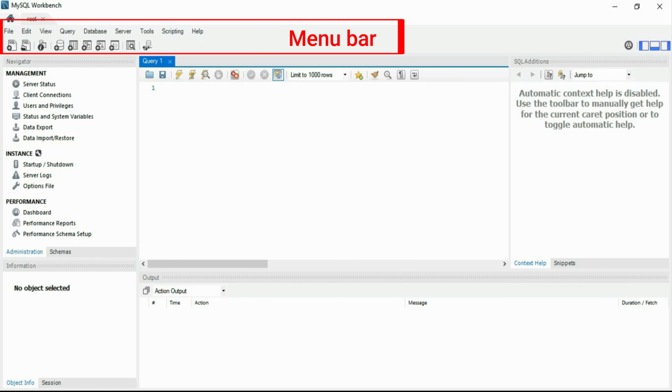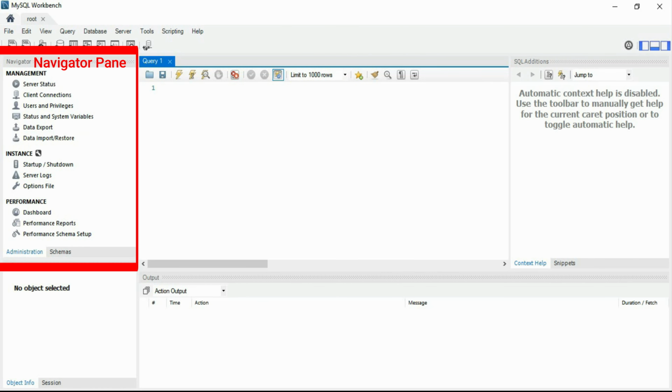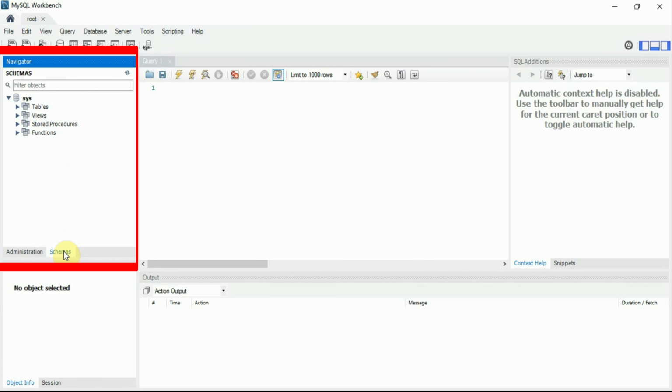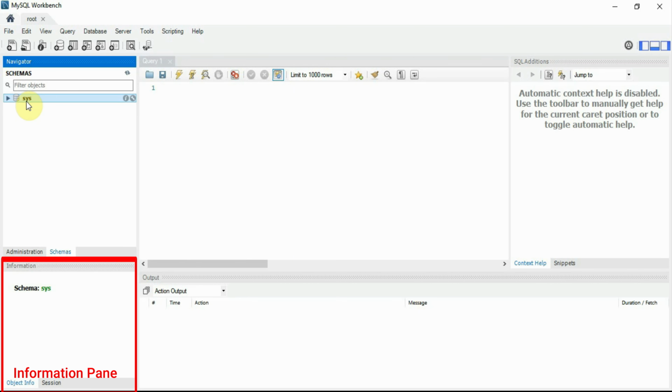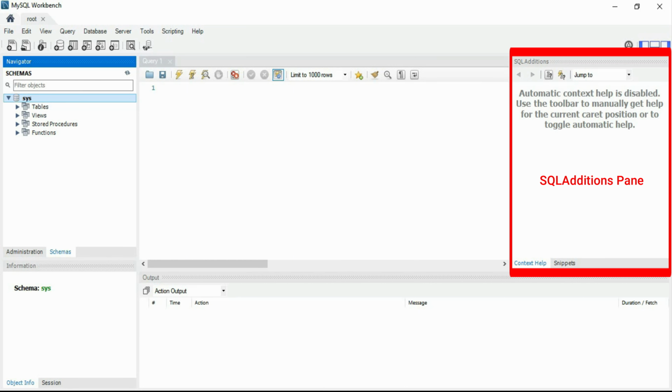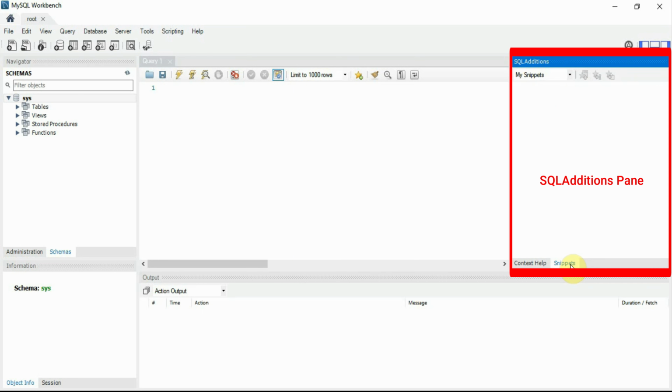Here is the menu bar. The navigation pane has the Administrator tab to see the server information and the Schema tab to see the various schemas. In the information pane, you will get the information of the selected objects. In the SQL additions pane, you will get the help tab and snippet tab. If we want to save our query, then it will show up in the snippets tab.